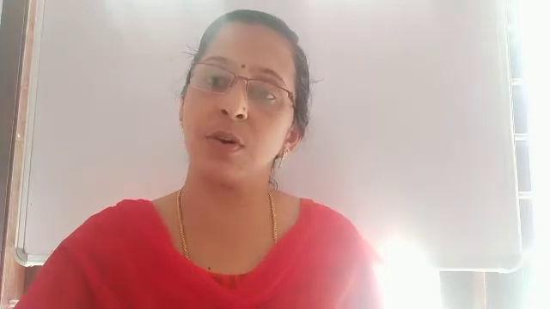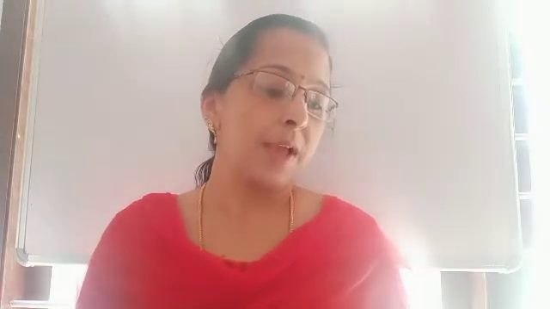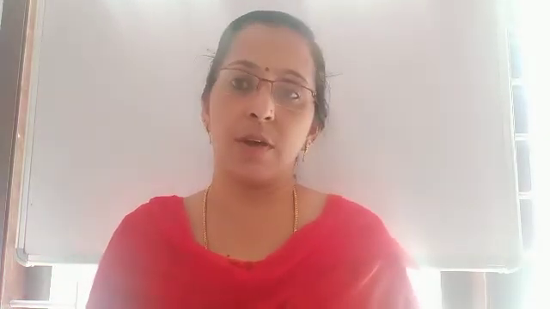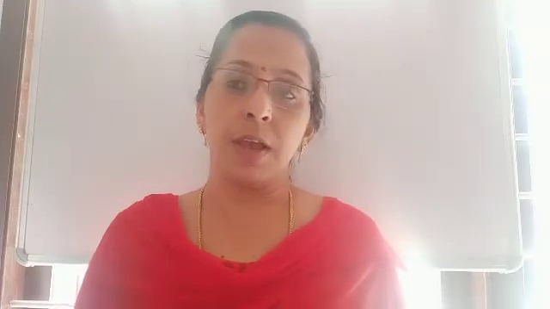Hi everyone, we can do exercise 7C question number 10, second one, which was the homework. So we can discuss that homework question. 10th, if A, B, C are in continued proportion, prove that, second part I am reading, (A square plus B square plus C square) divided by (A plus B plus C) the whole square is equal to (A minus B plus C) divided by (A plus B plus C).